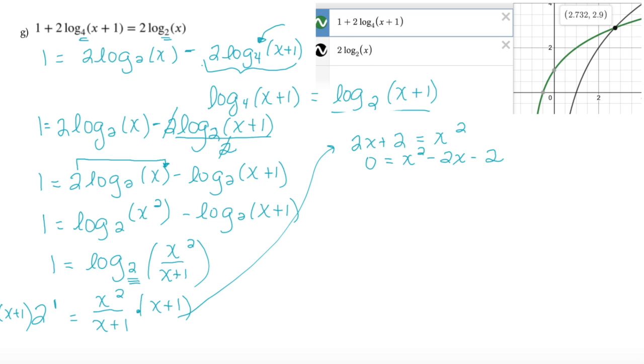I cannot factor, and notice that our answer is an ugly decimal, so I'm probably going to have to use the quadratic formula, where a is 1, b is negative 2, and c is negative 2. So x equals the opposite of negative 2 plus or minus the square root of b squared minus 4 times a times c, all over 2a,